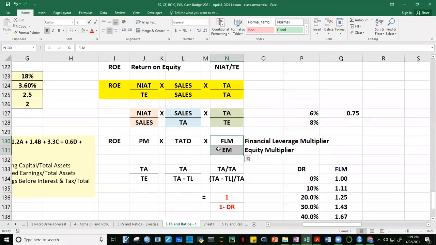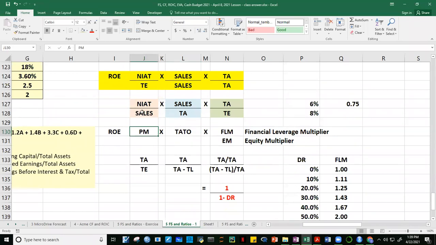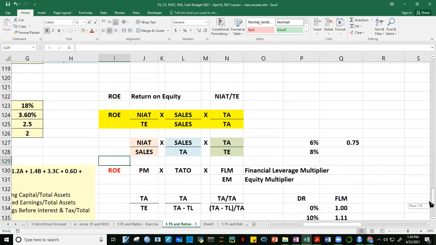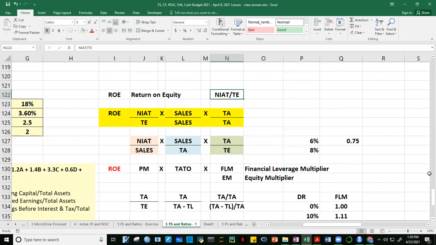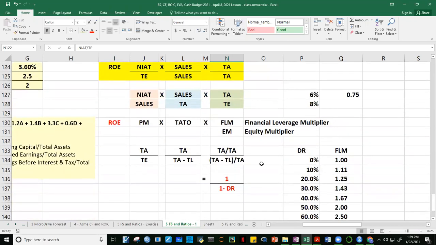Okay? Ito guys, anyway, sige, tingnan natin isa-isa to ha. So profit margin, alam natin yan, di ba? It tells us how much income is generated for every peso of sales. The higher the profit margin is, the better. Okay? So ang sabi dito, you take a look at ROE not only as one component, no? Hindi lang net income after tax over total equity. Pwede natin i-break down si ROE into 3 main components. Si profit margin, si TATO, at saka si financial leverage multiplier. And we know guys that since this is multiplicative, okay,